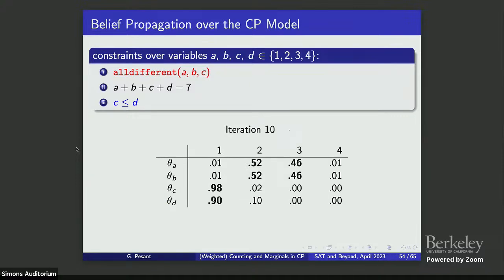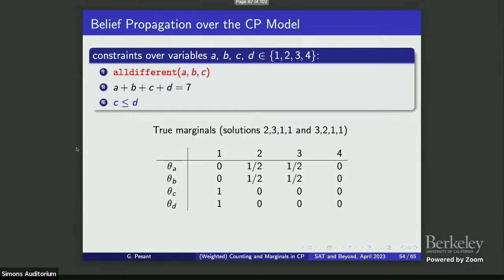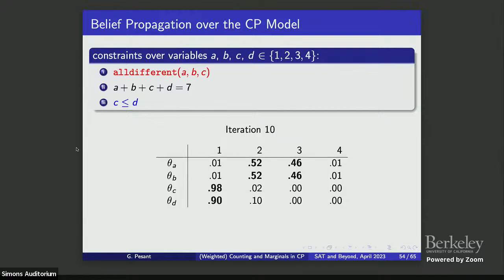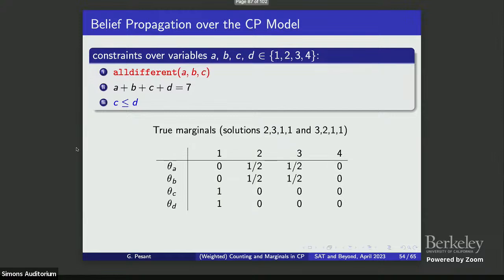So then a pattern starts to emerge. It tells you that, according to the computation, it's very likely that C and D will take value 1, and about half and half, values 2 and 3 for A and B. That's actually, in this simple case, very close to the true marginals. There are only 2 solutions. You may have figured out already, 2, 3, 1, 1 or 3, 2, 1, 1. Those would be the true marginals. So about 50-50 here and 1 there. And that's what we had. So you're getting more information. You can iterate, and that can help you get a better picture of where the solutions are.